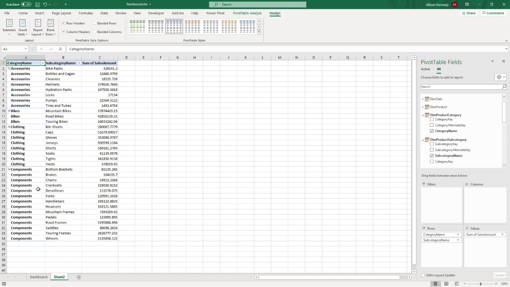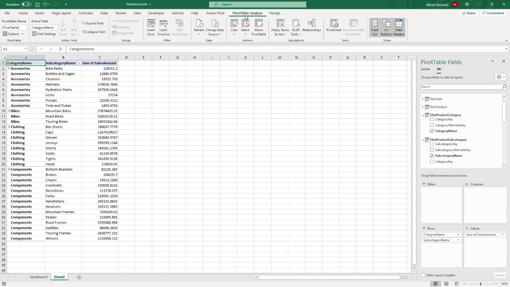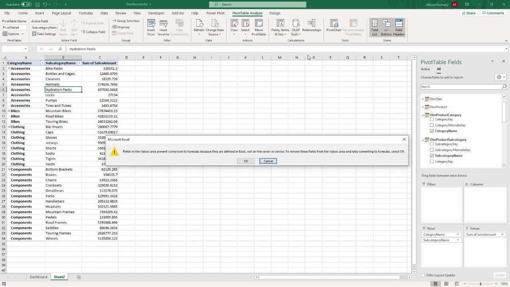Once I'm happy with how this looks, I'm going to go into the Pivot Table Analyze tab, and there's this really cool button here that says convert this pivot table with this beautiful information into cube functions. So I'm going to convert this,